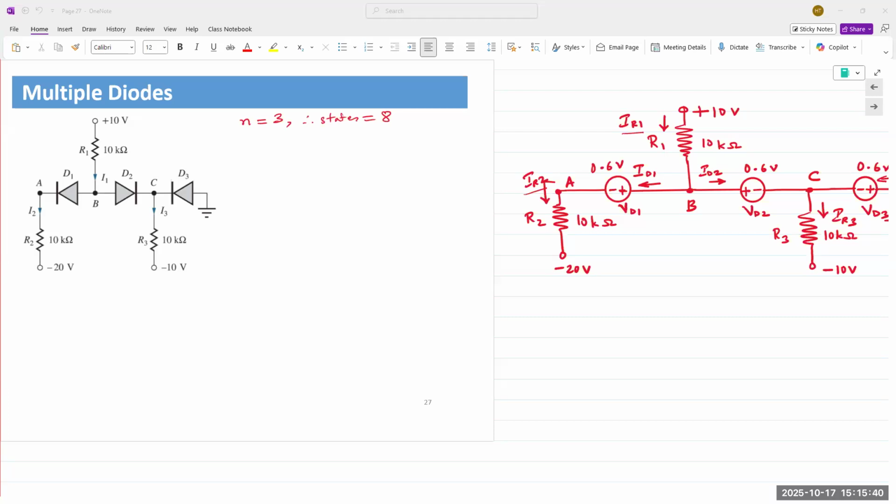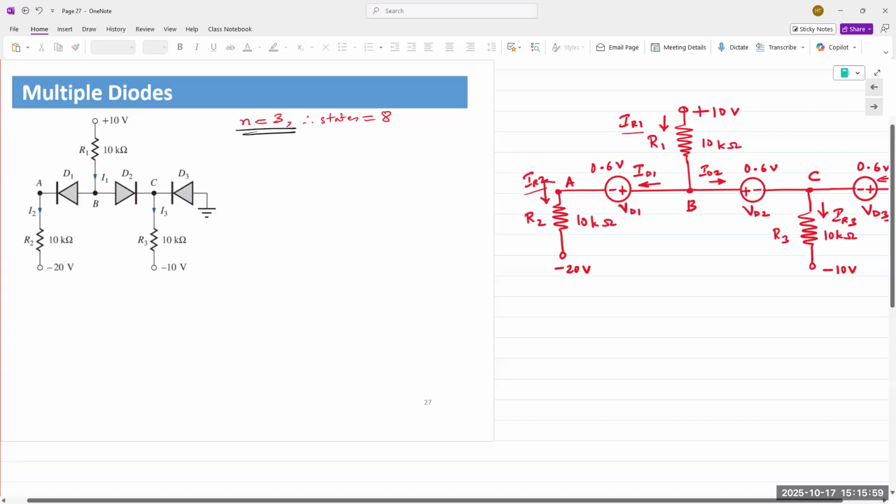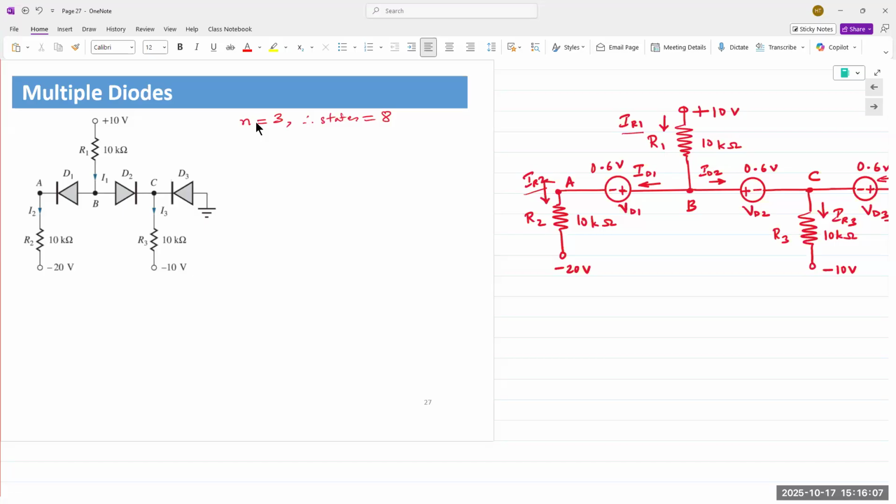Remember, if you're using ideal diode analysis or constant voltage model, then the number of possible combinations depends on the number of diodes. Each diode can have on or off states. So the total number of combinations possible is 2 raised to n. So here n is equal to 3. So the number of possible combinations is 8. So when we first begin our analysis, we make assumptions on which diodes are on and which are off. So the question here is,